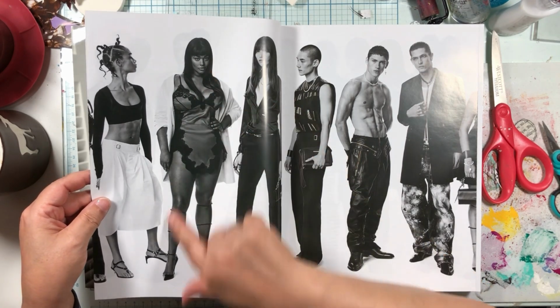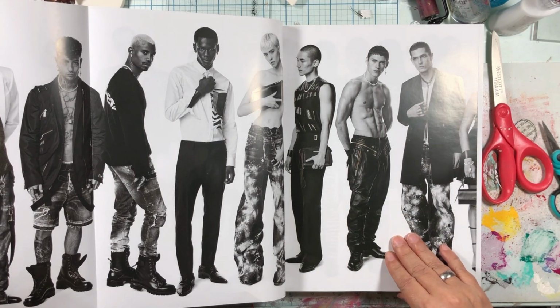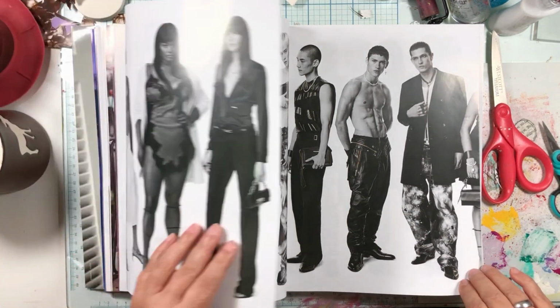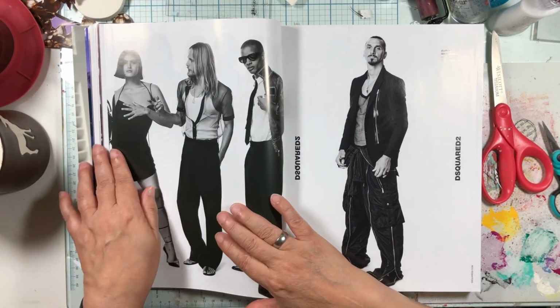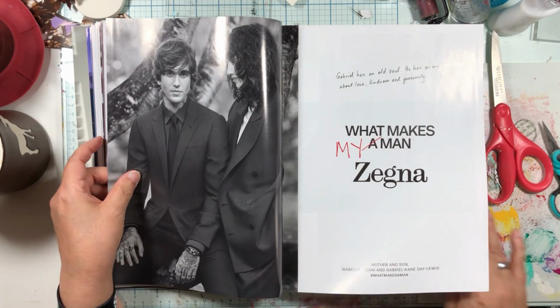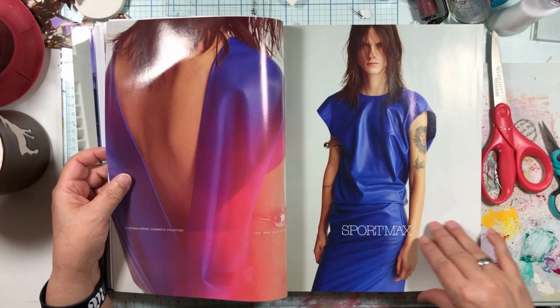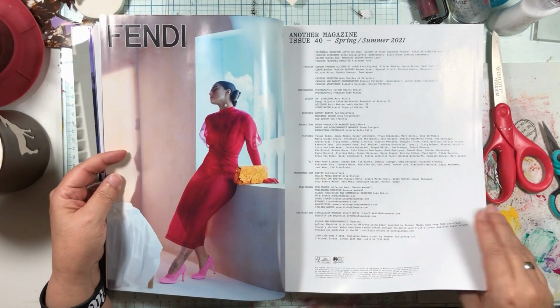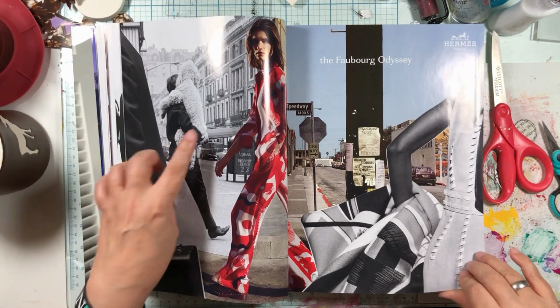Oh, look at her. I love her. Oh, there's more of them. There's a million of them. I kind of love these people. All right, I am like 3 inches into this, and I'm totally digging this magazine. All right. I got to find something, though, that really sparks my, oh, look, a doggy,